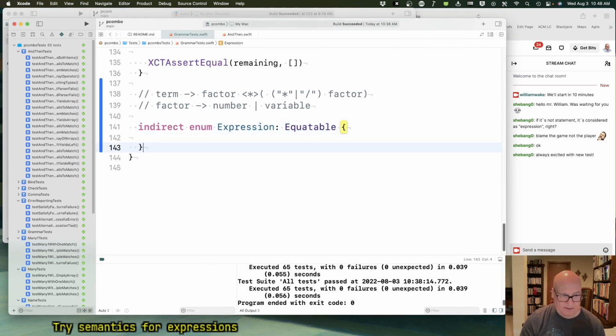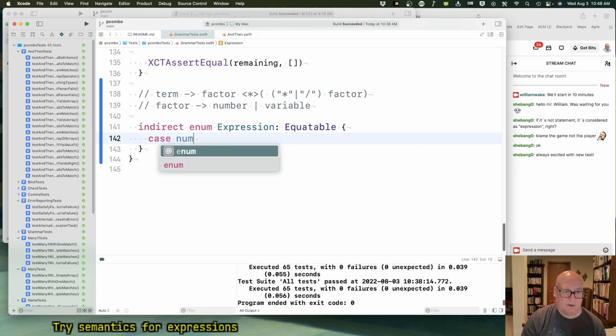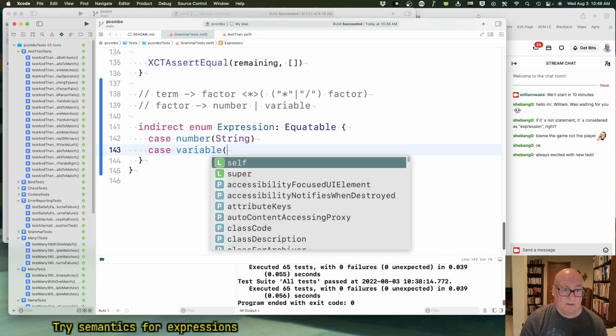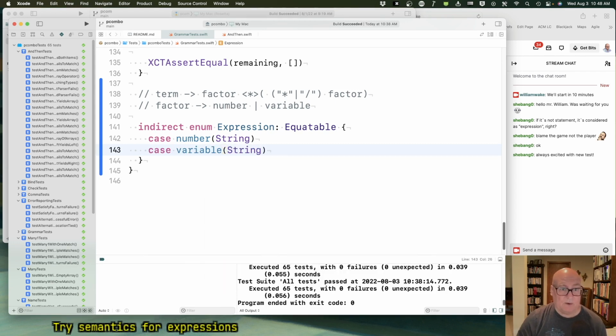And expressions, well, they can be number, which will give it a string. We really probably convert it to numbers and stuff, but that's okay. It could be a variable. And again, we'll give it a string for the variable name. It could be